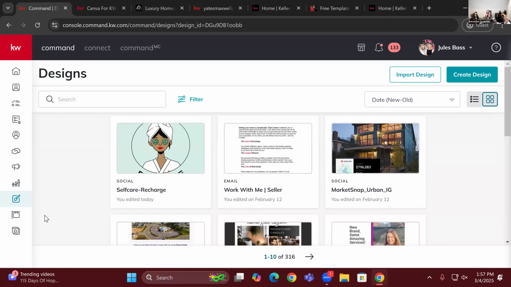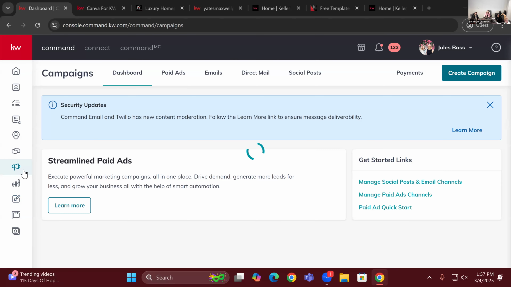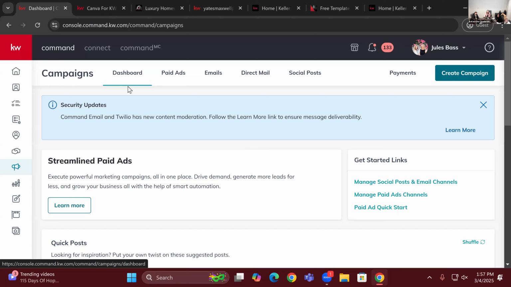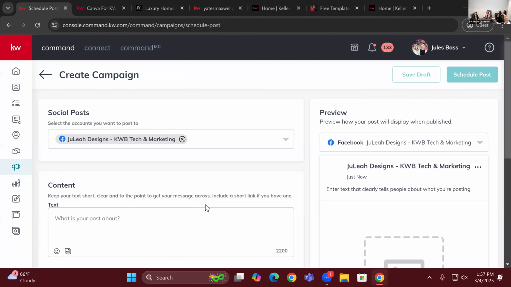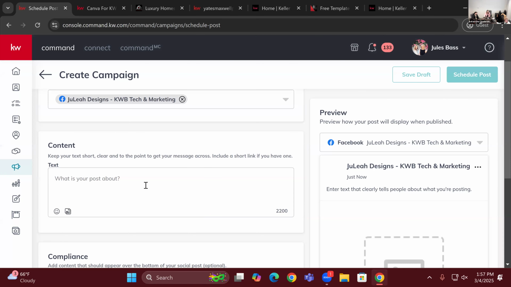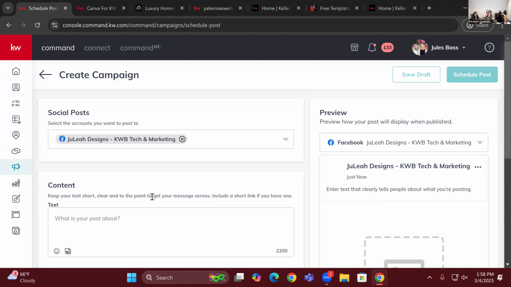Typically how these sections work together is we're creating in the design section, and then we're going to blast that out in the campaign section. Same with emails or anything. Create in designs, blast out in campaigns. So once we come here, it's gonna bring us to our overarching campaigns dashboard, and you'll see these are all the campaigns we can do here. If we go up to create campaign, we can do social posts. And it would automatically upload to Instagram or whatever platform because it's synced.